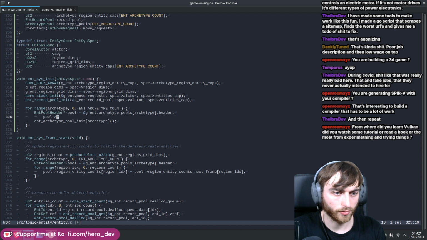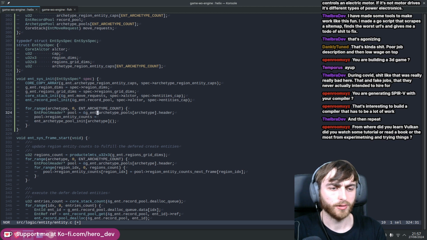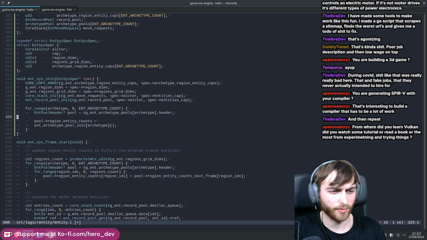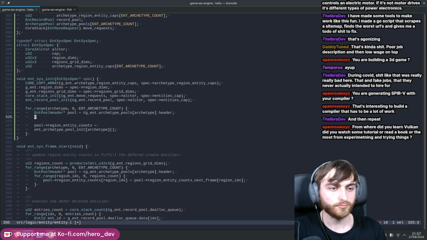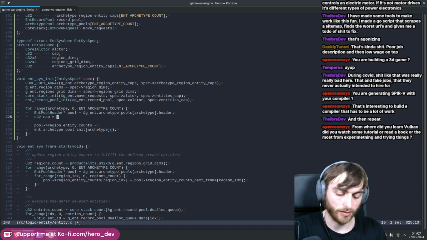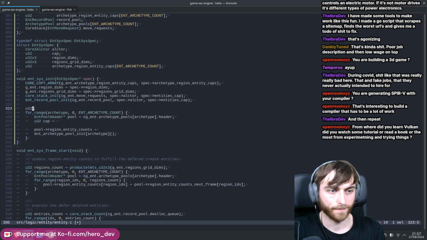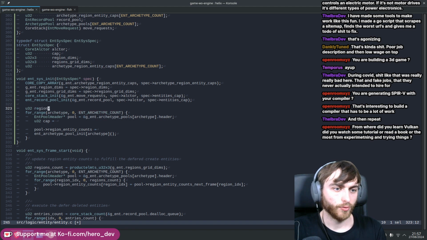So Paul, what are we going to initialize? Right, region counts, and then the next frame ones, right? So we need to work out, given a region, so maybe I'll pass this information in, but we need to work out what the capacities really are. So the capacity is the number of regions times the entity caps thing. So regions count is essentially the product